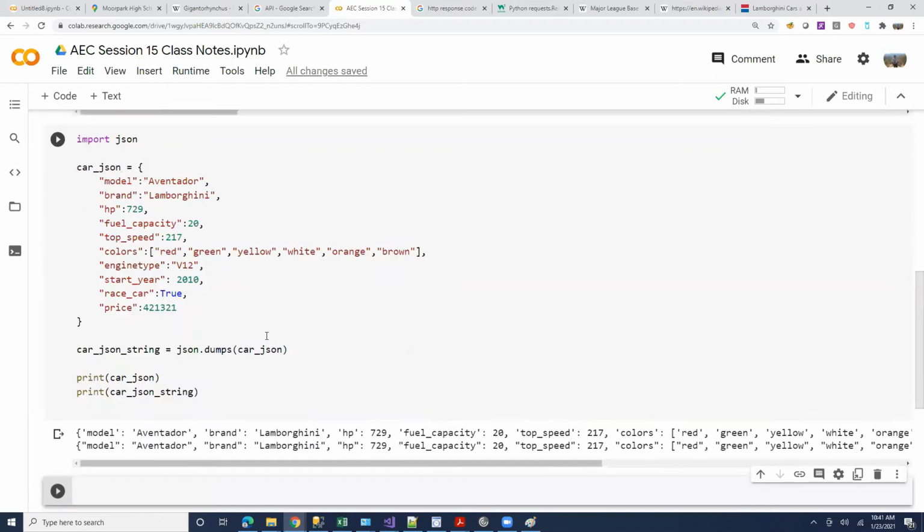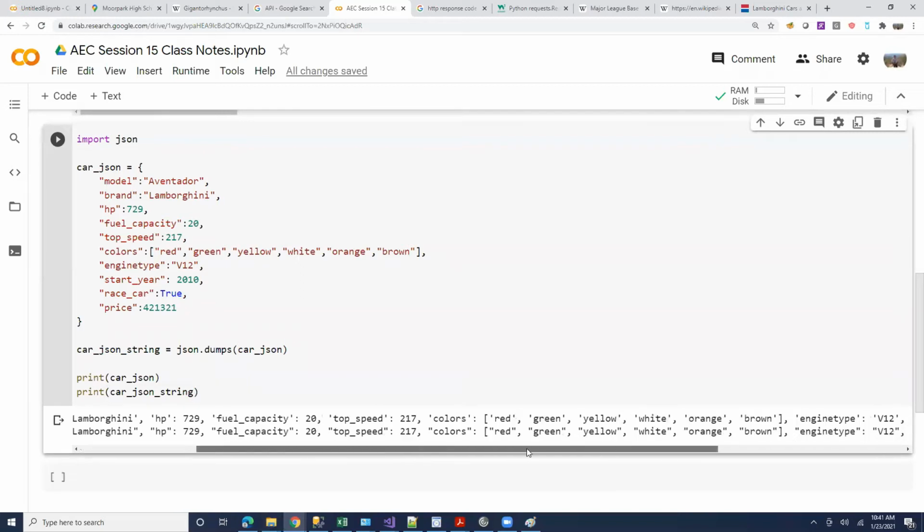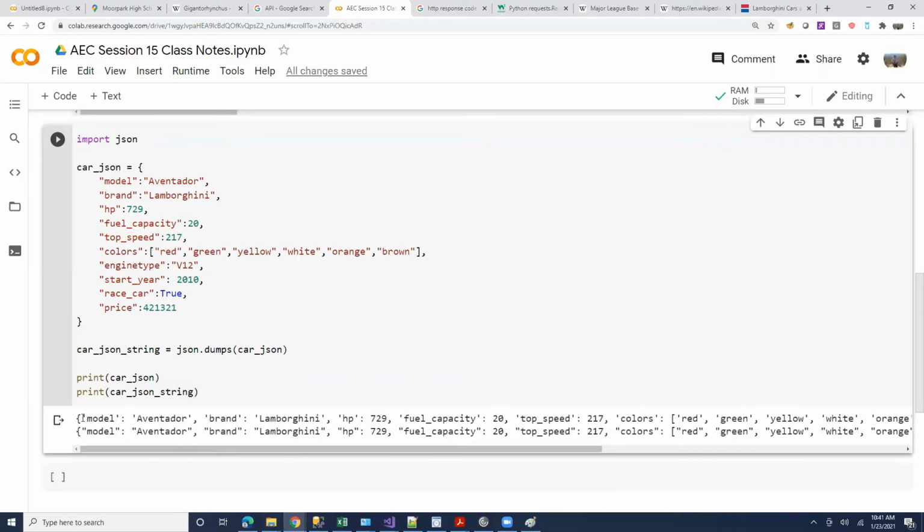Let's see. Okay, so this looks identical. Again, one of them is a string, the other one is a dictionary, because we typed it almost the same. They look identical.